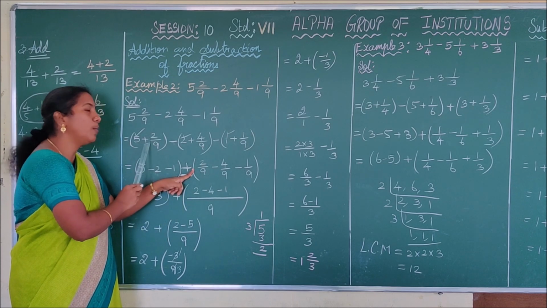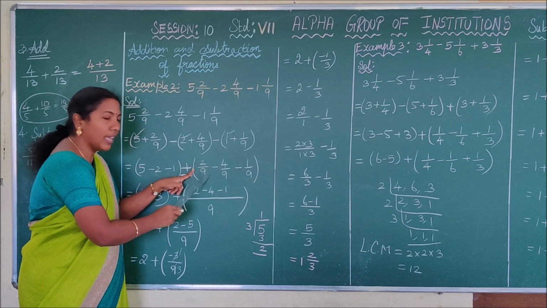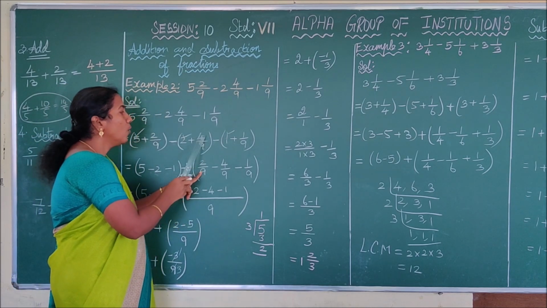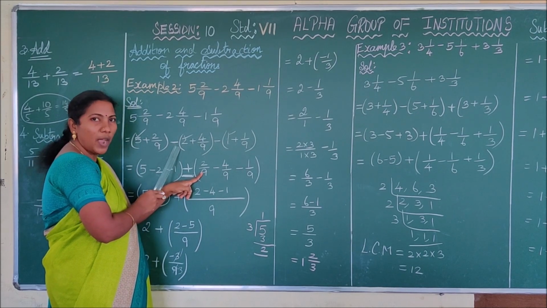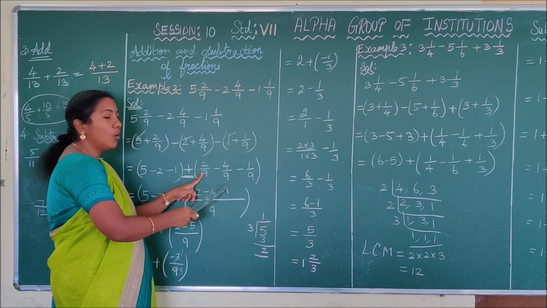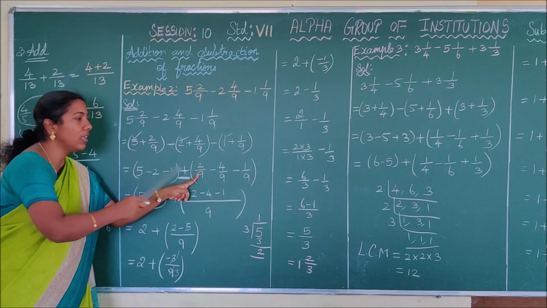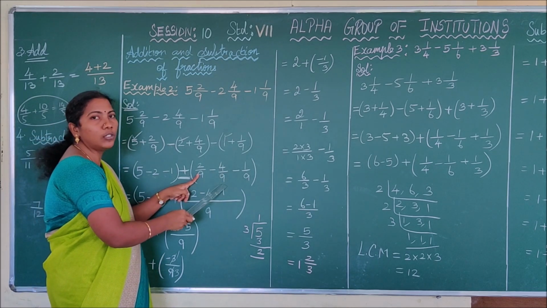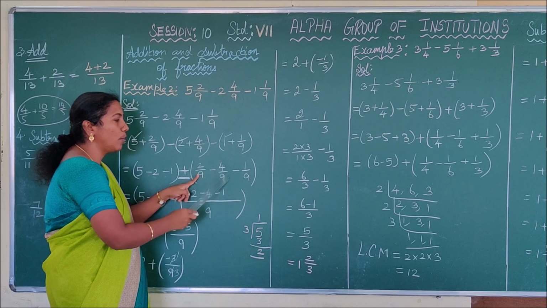Suppose before that you have minus 6. Here you have plus only. Here we see 2 by 9. See here, 4 by 9 before here plus, but outside the bracket you have minus. So here you have to write as minus 4 by 9. While writing the whole number, how can you write? Minus 2. Similarly, for writing the fraction part also, you have to add this minus symbol. That is minus 4 by 9.